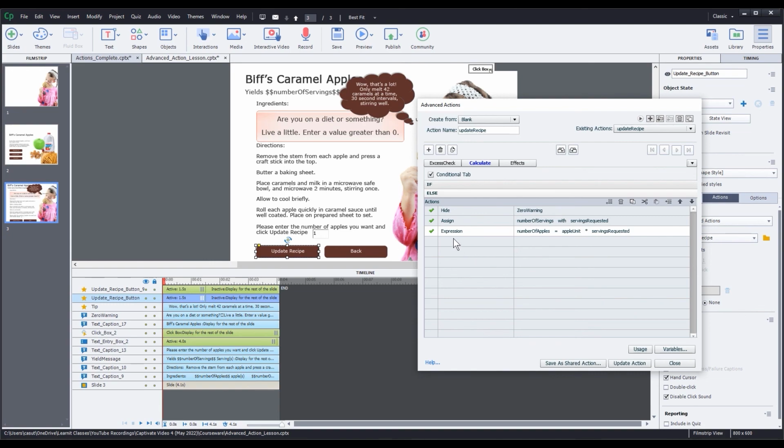And let's just finish off our expressions. Let's come back to here. Let's do an expression, just hitting E a couple of times. And what this is going to be, it's going to be number of caramels equals what? It's going to be the variable of caramel unit times servings requested times